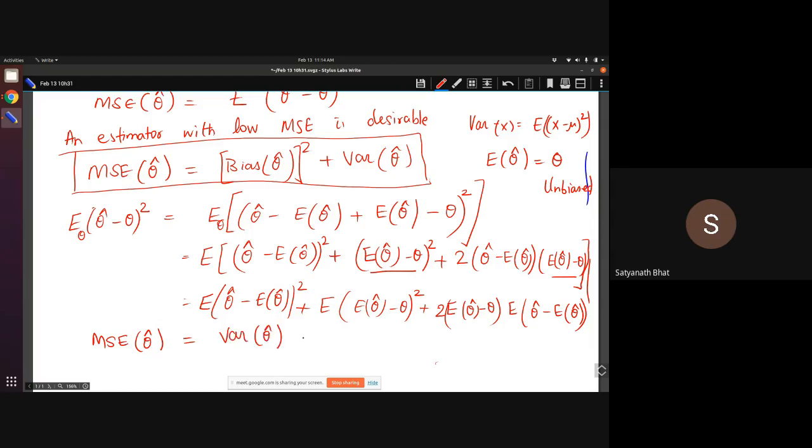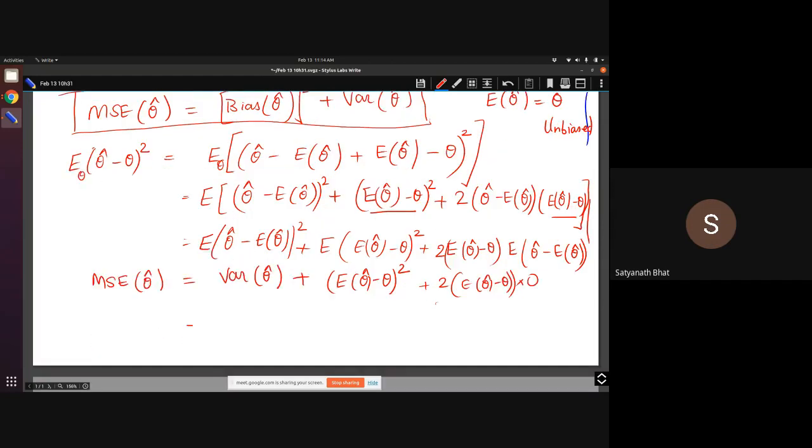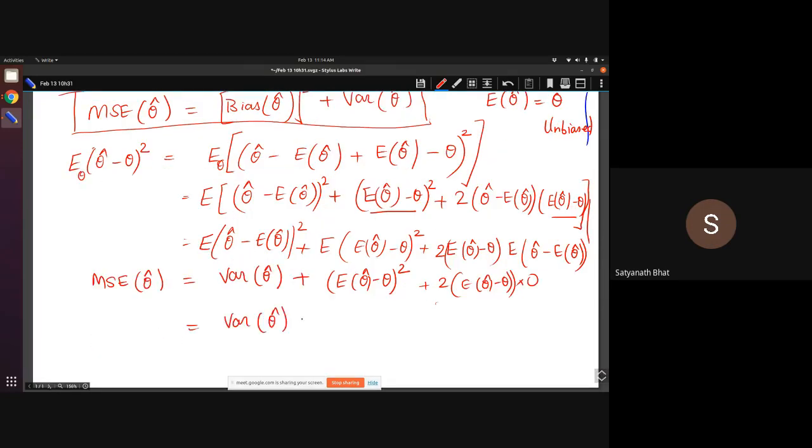Okay, plus this term is an expectation of a square. The inner fellow is a constant. So this expectation is now having no value. So we can write this as expectation of theta hat minus theta whole squared. This expectation just goes away because this is a constant. And then this is a constant, but so let me write that 2 times expected value of theta hat minus theta. Okay. And if you push this expectation inside, this is a constant. This becomes expected value of theta hat minus expected value of theta hat, which is equal to 0. So essentially what we get is that mean square error is variance of theta hat plus bias squared.